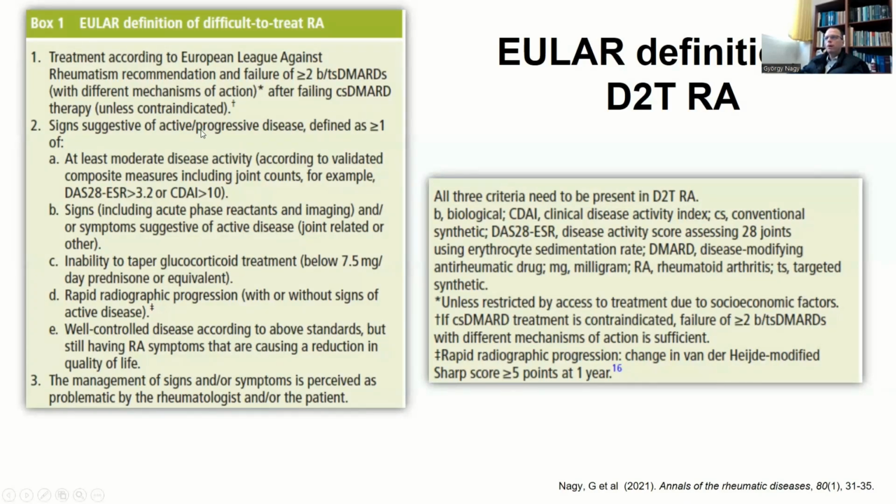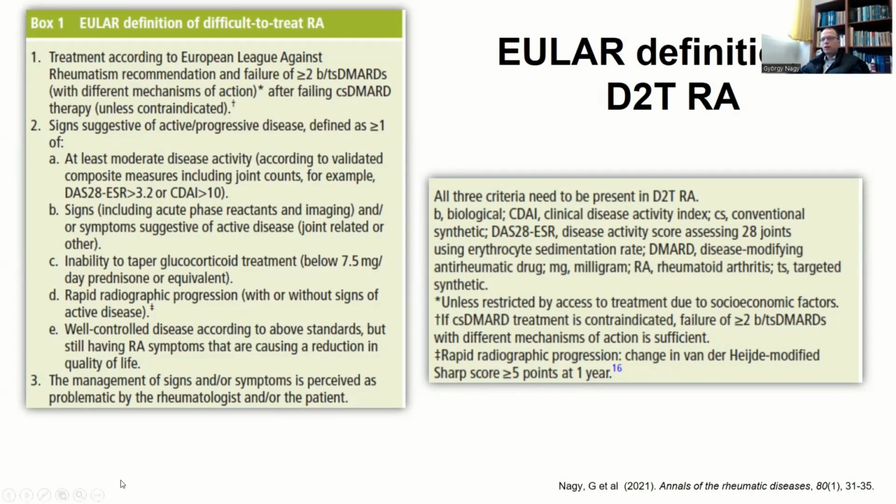So if we have a patient who is fulfilling the first criteria and the second criteria because he's over at least 2 biological or targeted synthetic DMARDs and still has active disease, but the clinician, the rheumatologist, feels that he or she knows what to do with the patient, that's not difficult to treat disease. But if either the patient or the clinician feels that that's a difficult case, then the patient meets a difficult